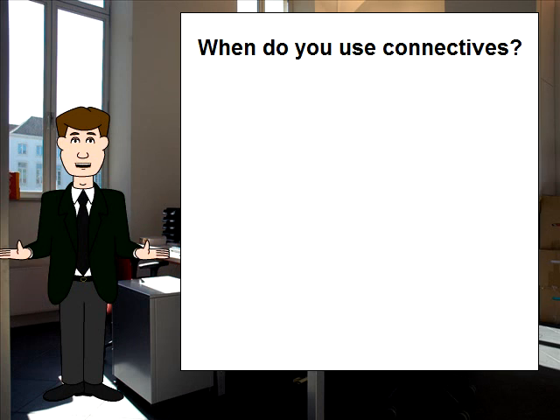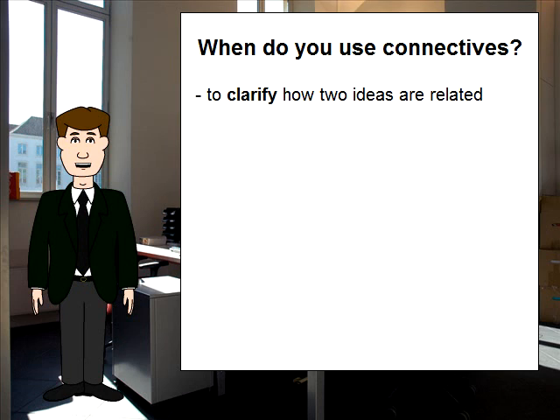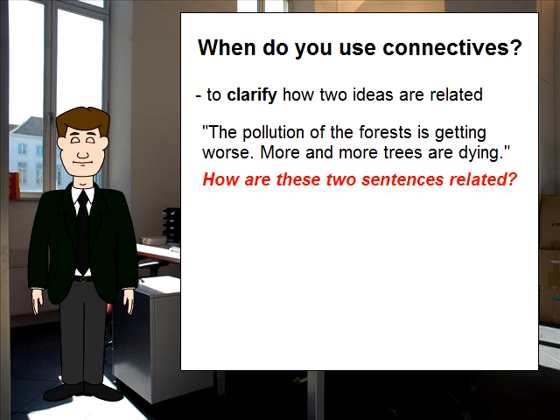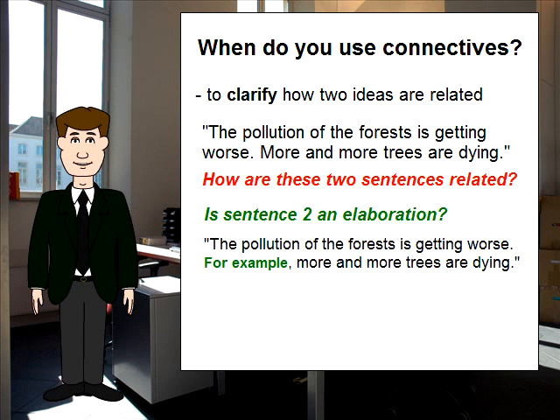So, when should we use a connective? Well, you may want to use one when the relationship between ideas isn't clear. Check out this example. These two sentences could be related in different ways. A connective might help to clarify the relationship for the reader. Is sentence number 2 an elaboration that adds more information? If that is the case, we might add a connective like, for example,